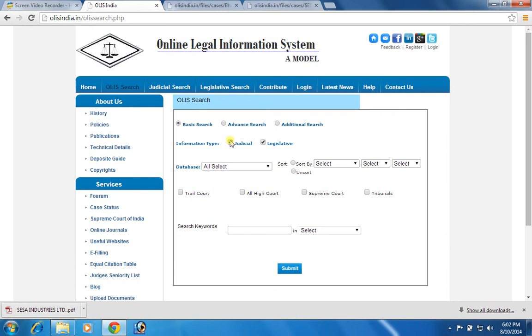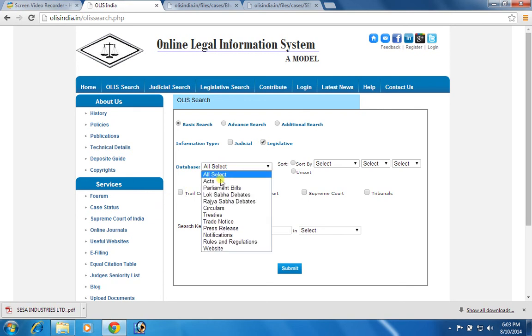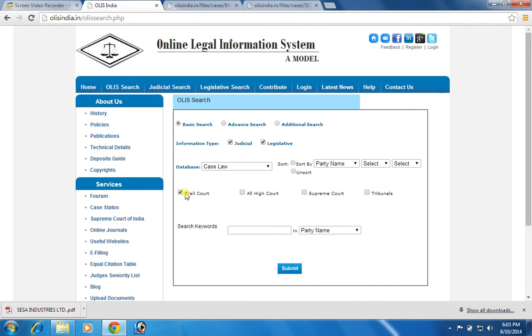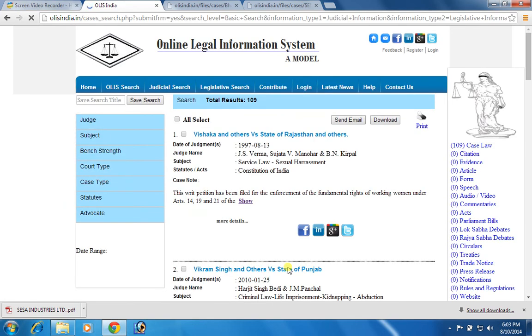In the beginning also, user can filter their results by opting judicial search, or they can opt for a legislative search. Similarly, they can also opt in a case law database, trial court, or they can opt for a Supreme Court case laws. This will give them only the specific case law results. For instance, in this case, if I search with the keyword state in a party name, it will give me the case law only decided by the Supreme Court with the party name state. This gives me 109 case laws which are exclusively decided by the Supreme Court,